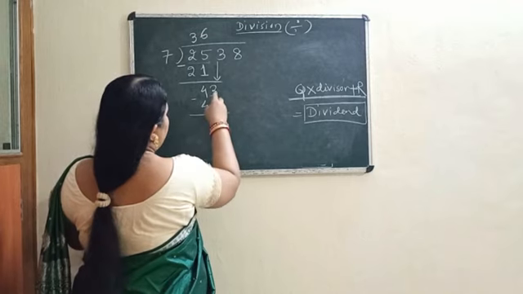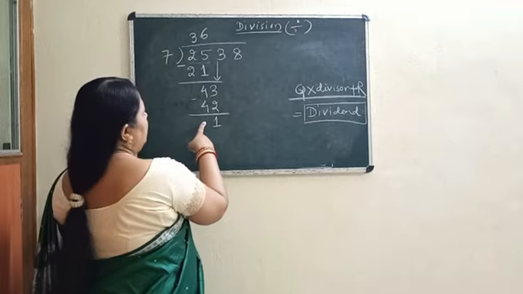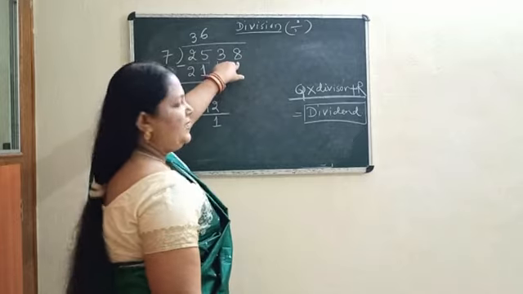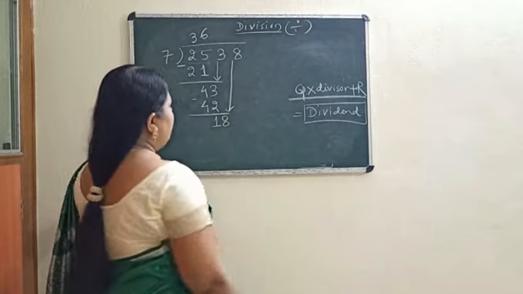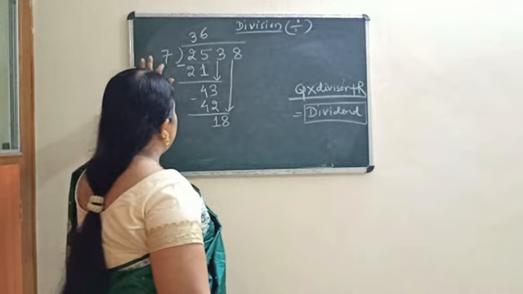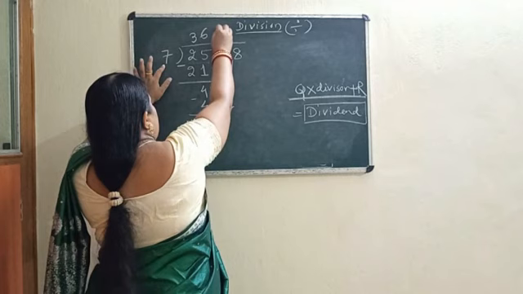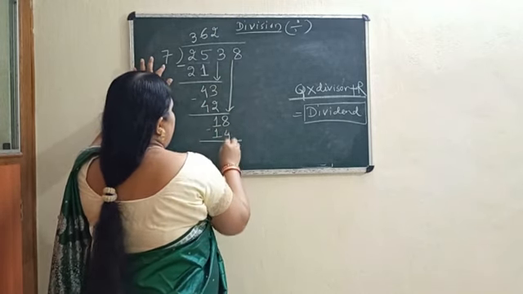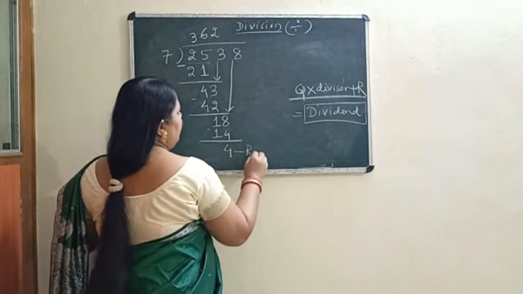Okay, then how much is left? 3 minus 2 is 1. Again 4 minus 4 is 0, no need to write here. Then this is less, this is more, we cannot divide. Another one digit is left in the dividend, so you bring it down. Now it is 18 here. So again you call out the table. 7 2s are 14, 7 3s are 21. 21 is also not possible. Then we can reach up to 7 2s are 14. 8 minus 4 is 4, 1 minus 1 is 0. That means this 4 is your remainder.